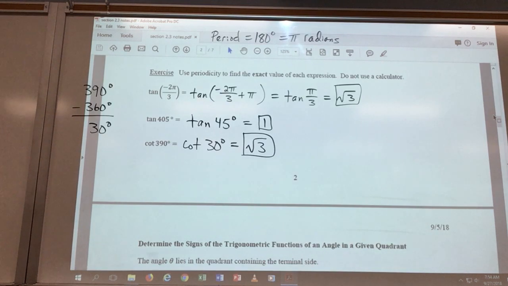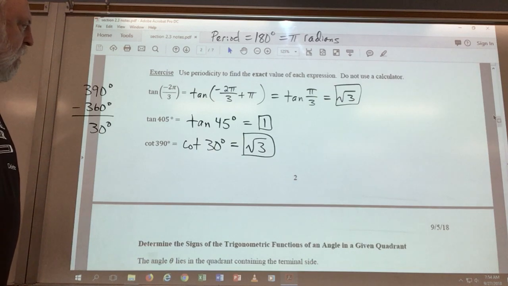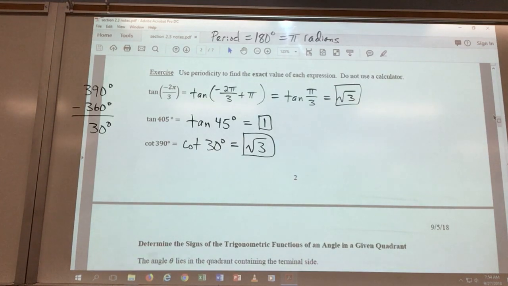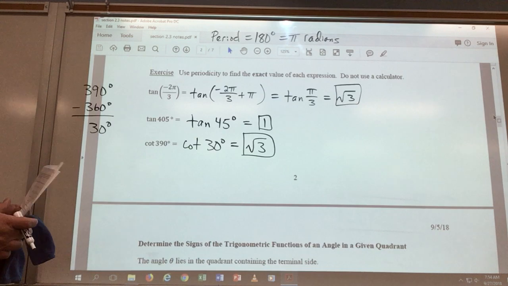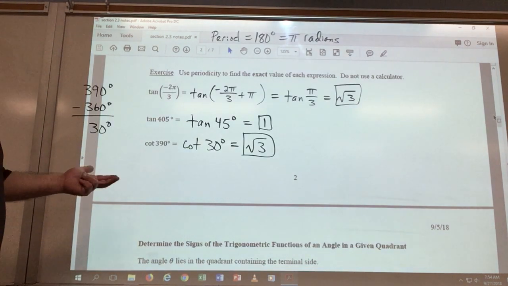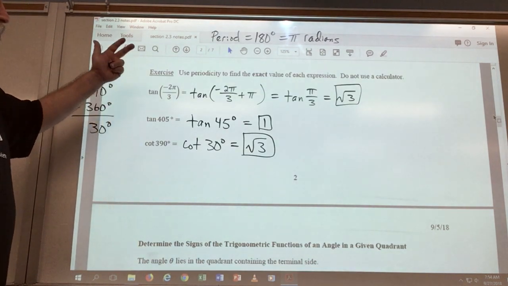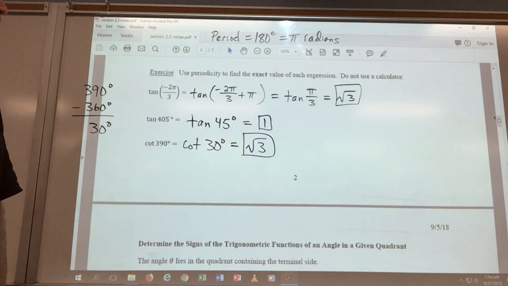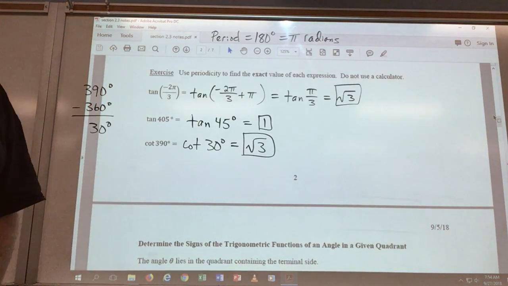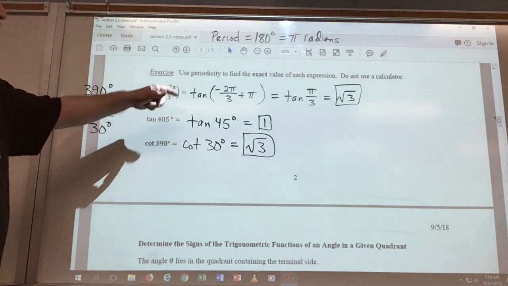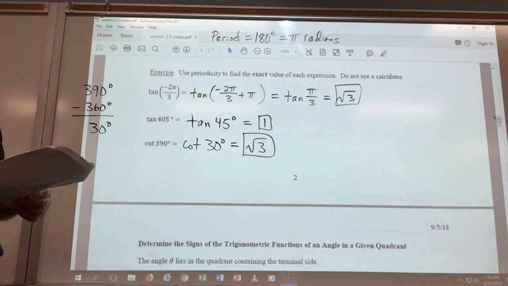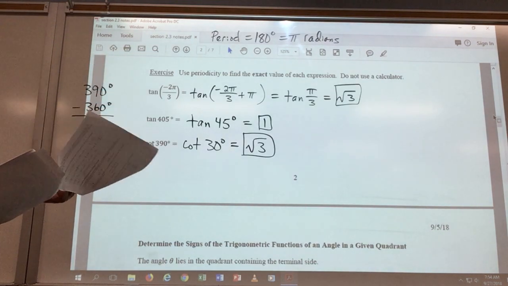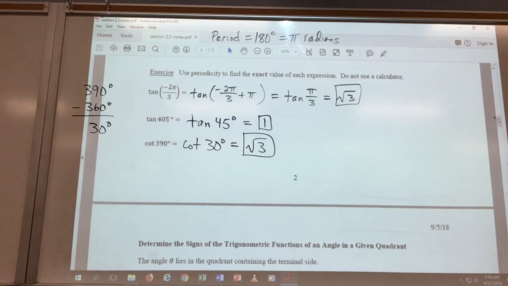So that's periodicity, okay? All 6 trig functions repeat their values every so often. Cosine, sine, secant, cosecant repeat their values every 360 degrees. Tangent and cotangent are more frequent. They repeat their values every 180 degrees, right? Which is the same as pi radians or 1/2 revolution. All right, so if you flip your page over to page 3,